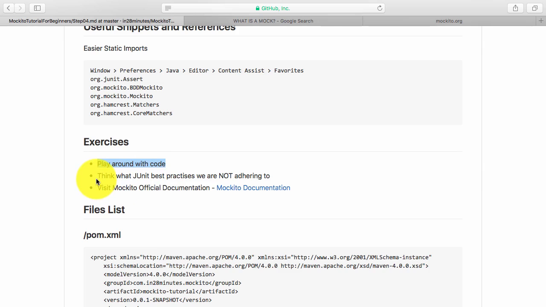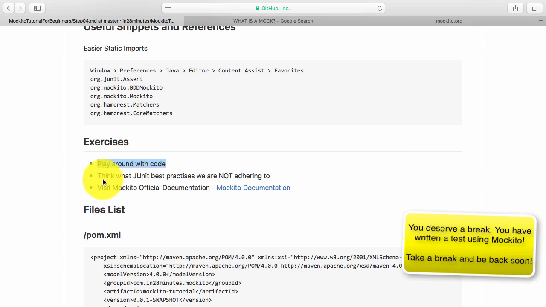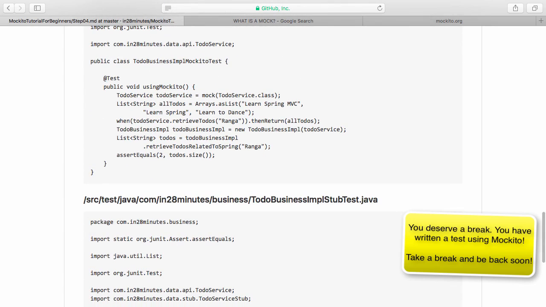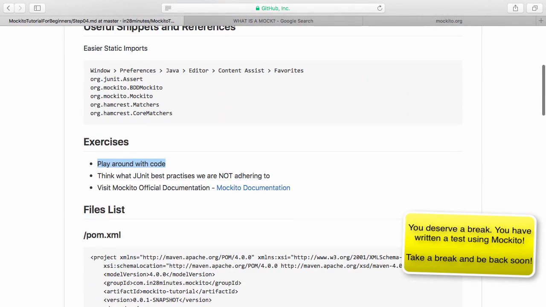And one of the things that you can also think of is what are the JUnit best practices that we are not adhering to. There are certain things that we are not really adhering to at this point. We'll slowly change that. For now, the focus was on getting you to learn mocking, stubbing, and things like that. So there were a few JUnit best practices that we were not following. So try and see if you would be able to identify them,